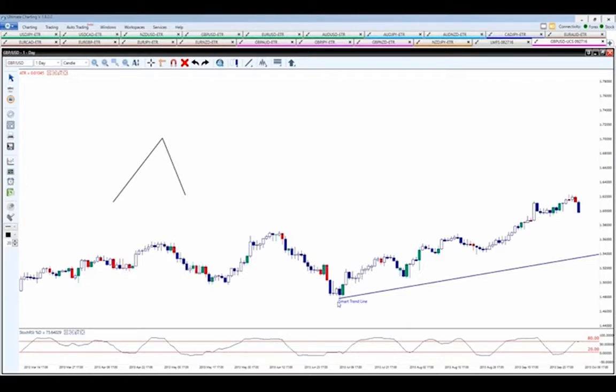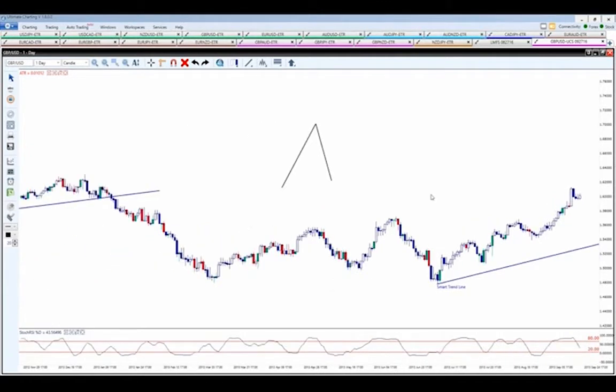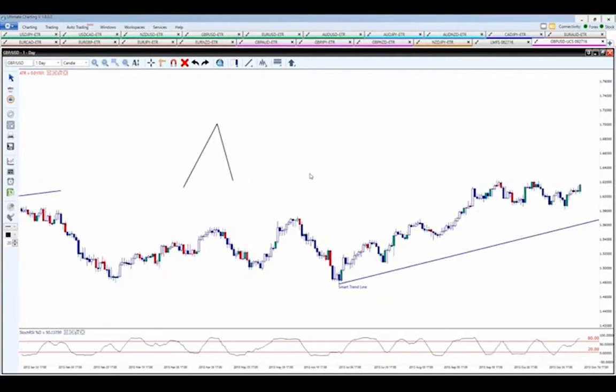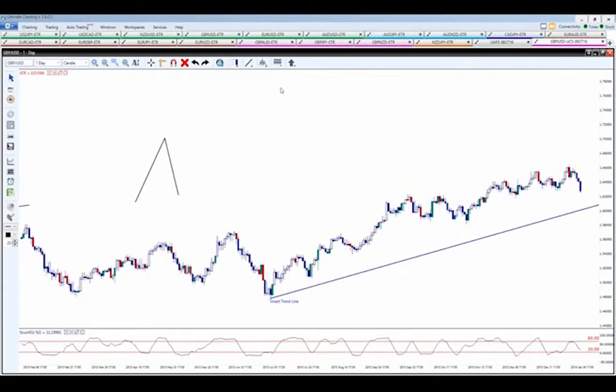So here's what we're going to be looking for. We'll be looking for the new ABCD. Let me back this up here just a little bit. Looking for the ABCD patterns as it's going up here. Now, we can either simply come in here and draw our Fibonacci's, just like this, A, B, C, D, A, B, C, D, just like that.